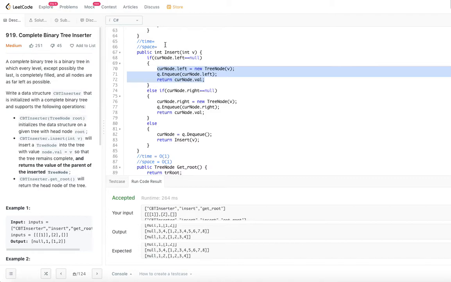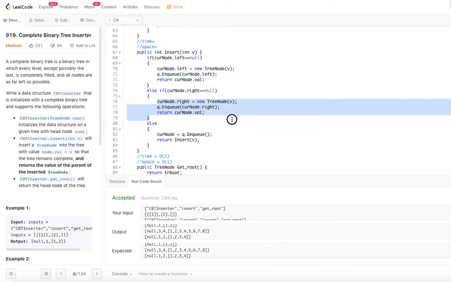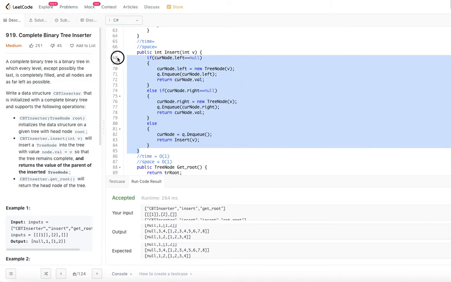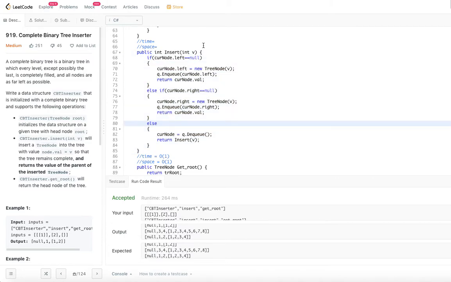So we can say the operations here also constant time, and even if it is right subtree also, it is constant time. Otherwise what we are doing is getting the node from queue and calling the insert again. So all these are irrespective of the number of nodes that are given or at what position that you are inserting, these operations are done in the constant time. So we will say order of 1, right?